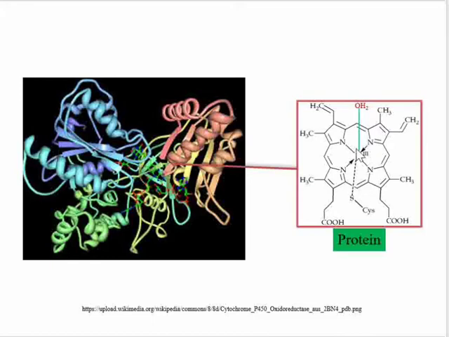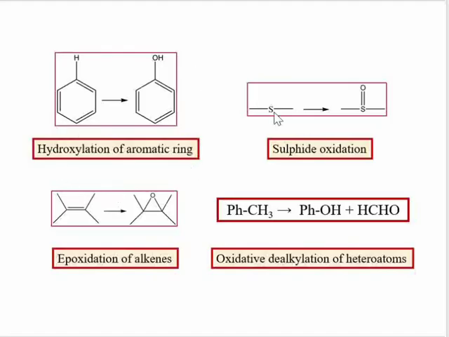Here the iron center is in the third oxidation state, and you can see the four coordination through four nitrogen centers of the four pyrrole rings, one through the cysteine, and the sixth one is the H2O molecule. So these kinds of reactions are shown by this enzyme cytochrome P450, where you will find the oxygenation: one of the oxygens can be inserted in the C-H bond. Okay, the organic molecule can be converted into more soluble forms.